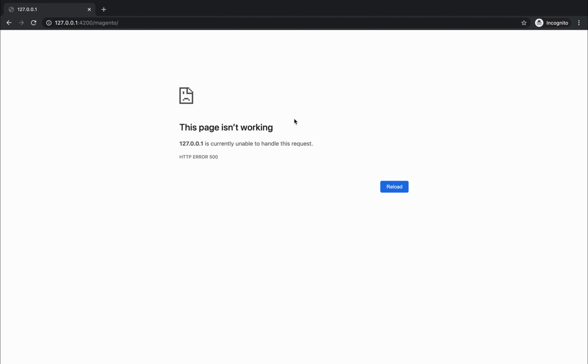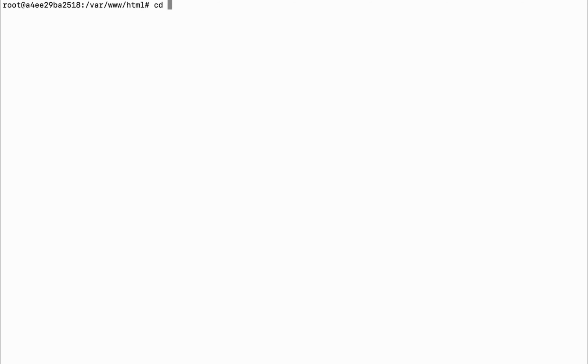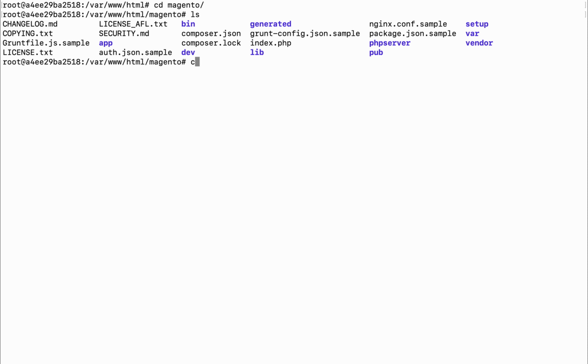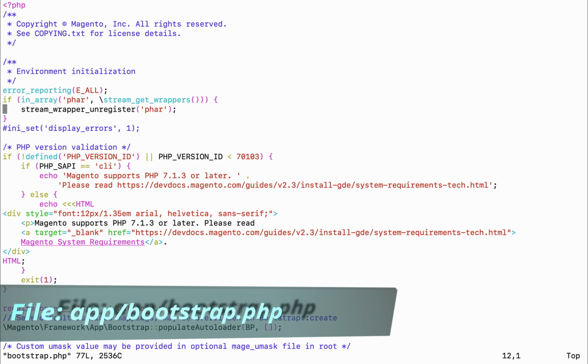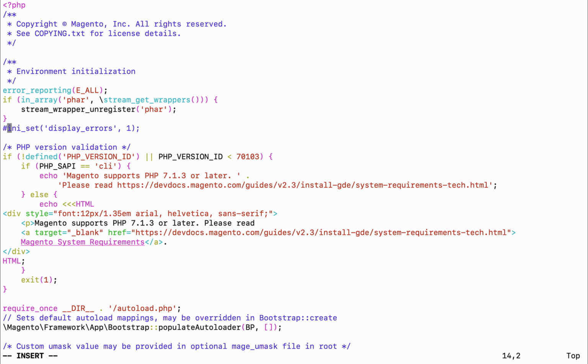Now how you can debug it? To debug it, go to your project folder, uncomment this line in bootstrap.php, which is inside the app folder.